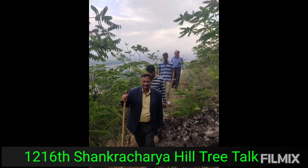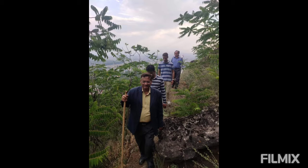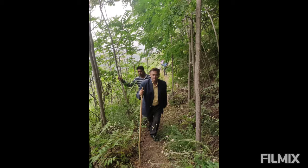While trekking a 5.5 kilometer trail through the woods in the Shankracharya hill, we spotted many interesting plants. And the very first tree which attracted my attention was Sorbus kashmiriana from the family Rosaceae, having pinnate leaves and